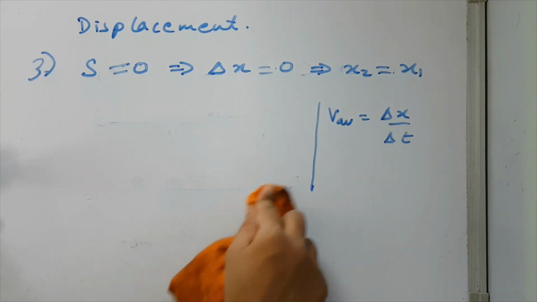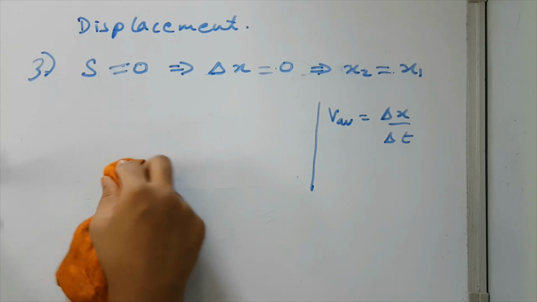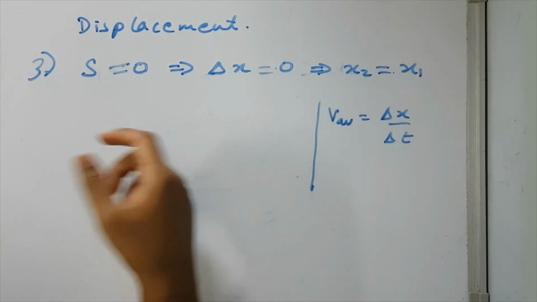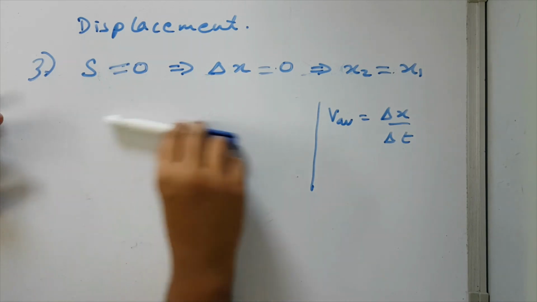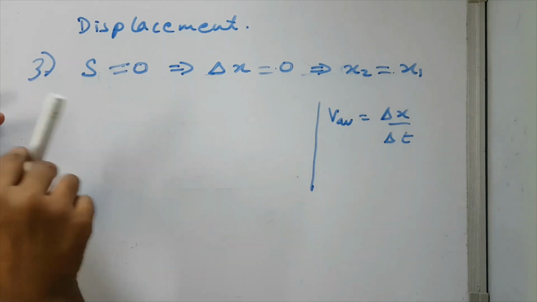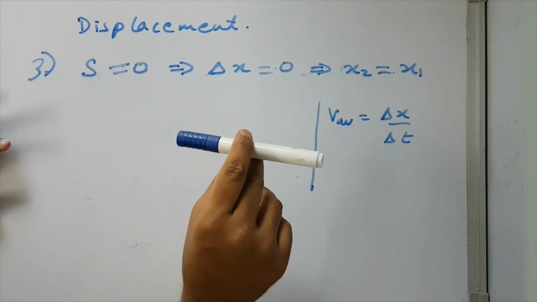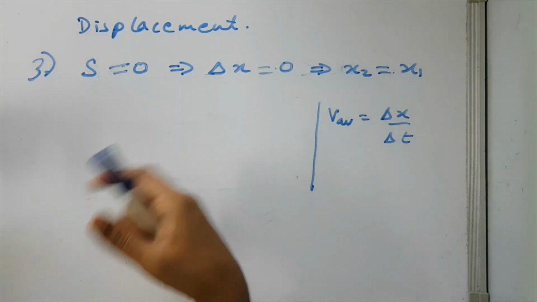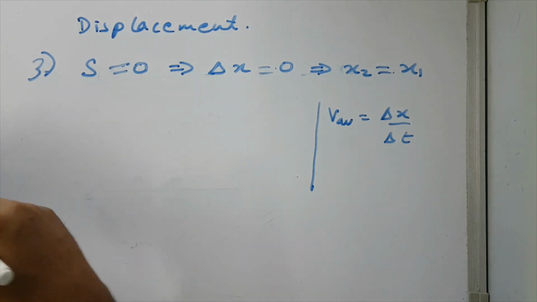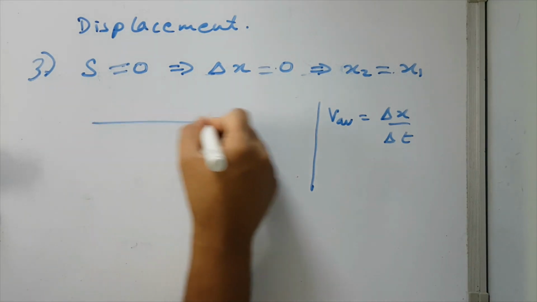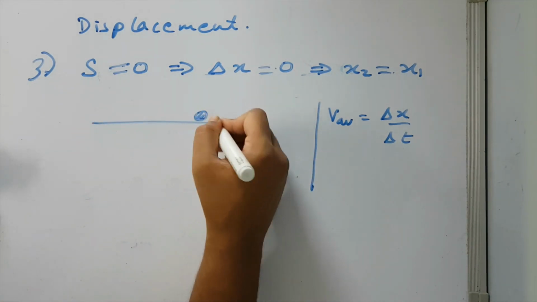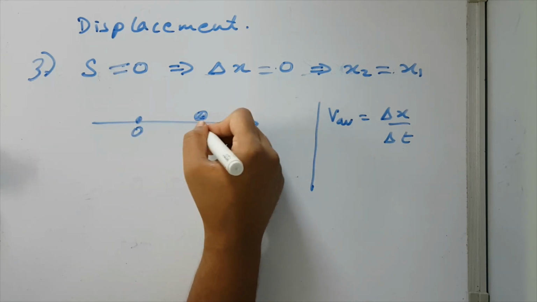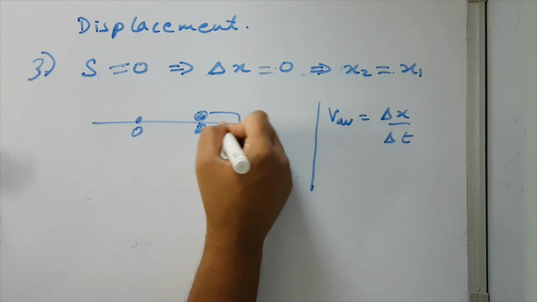If it has moved, it has come back to its original position after taking at least one turn. If it's moving like this, it has to stop and turn back. And if it takes multiple trips, then it has to take a lot of turns. Either way, this happens when the initial position is also the final position. Let's say it came like this.